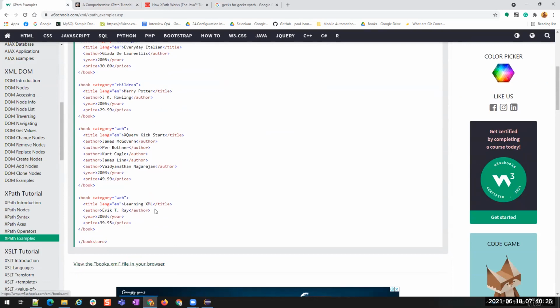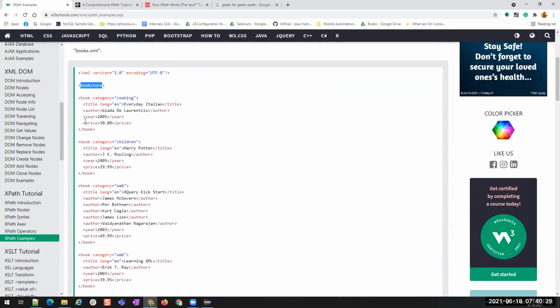If I want to know the total cost of all the 4 books, then I will find this price and add it to this price for all the other prices. Understood? So in those cases we use those operators. But in Selenium, we are not calculating this. What are we doing? We will get this text. That's all. Understood? In XPath, we are not doing it. In Selenium, we are doing it.